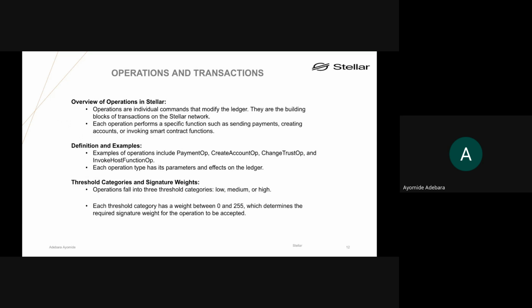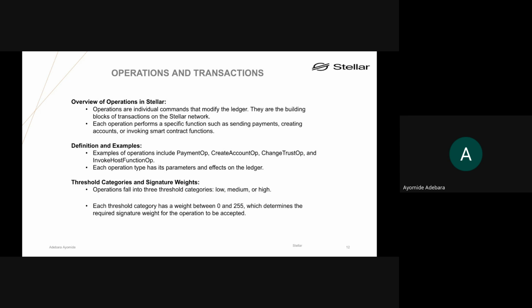the types of operation I made mention of, which is create account. So this person literally created a new account. Can you remember when I was talking about how much it is to create a new account on the Stellar network, how small and minute the money is for you to create it? So that is literally one of the operations on the Stellar network to modify the system. So an account has been created, and so it's more like a transaction that is being sent to the Stellar network. Another one has to do with payments.